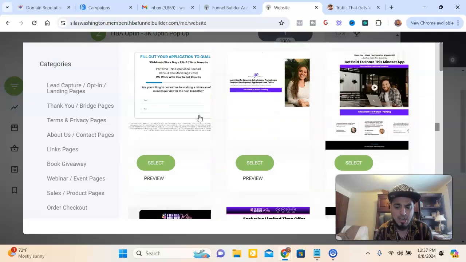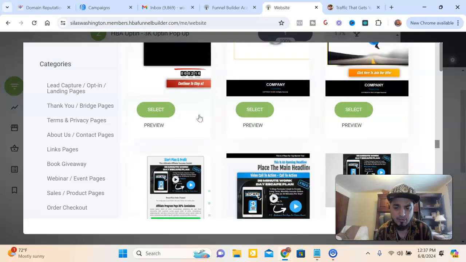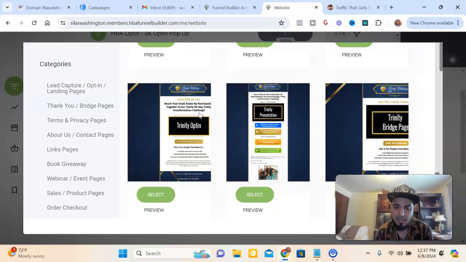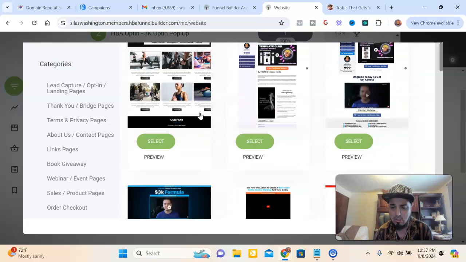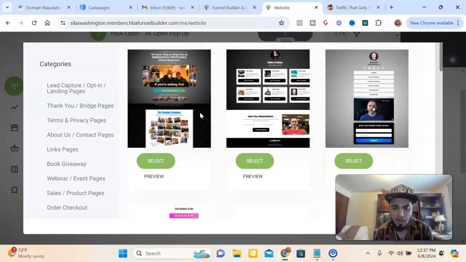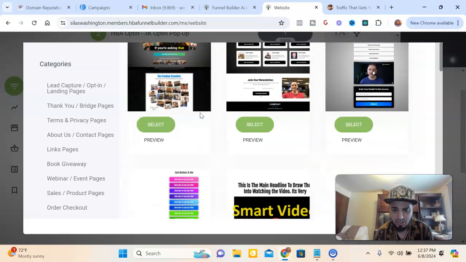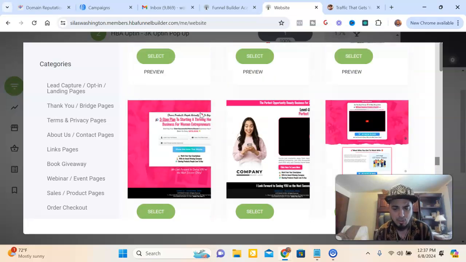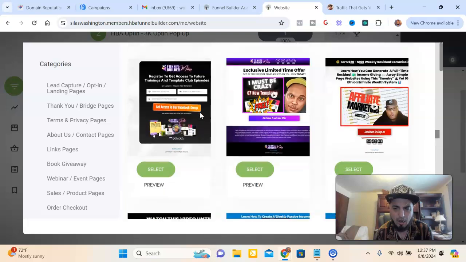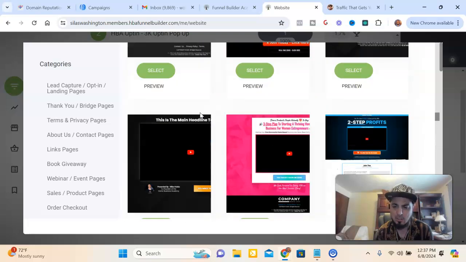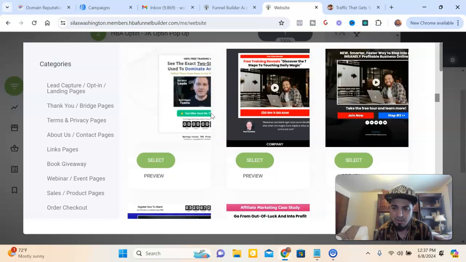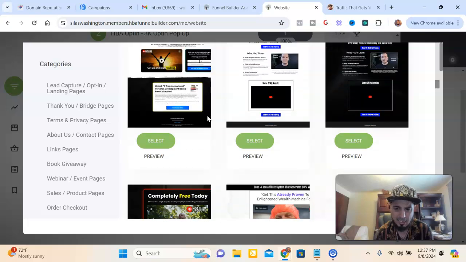So it works out very, very good because there's tons of different professional pages done for you that you would have to pay hundreds and thousands of dollars to actually get your hands on. If you wanted to get work done like this, it would be very, very pricey. Right here is the professional work that you can get your hands on just by having the $25 per month funnel builder tool. And this is something that you can use with any kind of business.